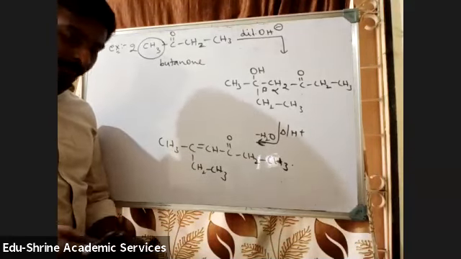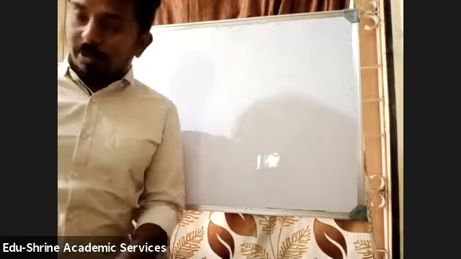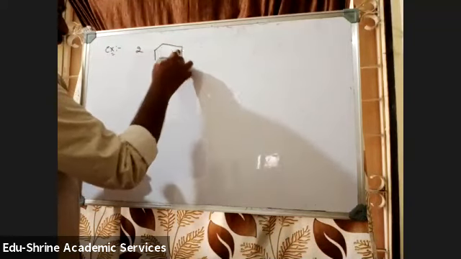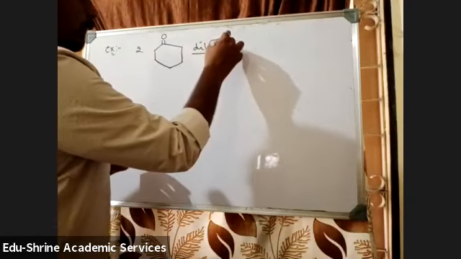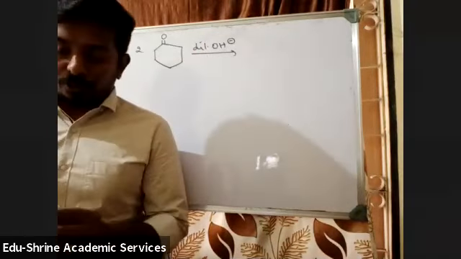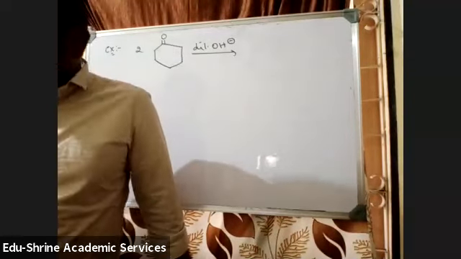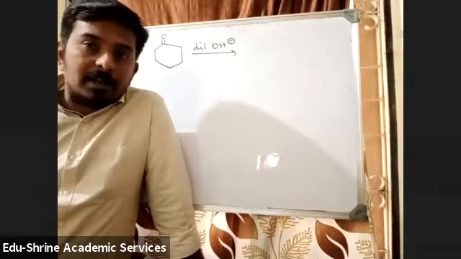Completed, friends? So one more last example I'll give. We'll take a cyclic compound and let us try to write the answer by taking a cyclic compound. Two molecules of cyclohexanone I am taking. Cyclohexanone. Write down the products. 2 minutes time I'll give. Make it fast. Compulsory question, students, 100%. Okay. Aldol condensation and Cannizzaro reaction.